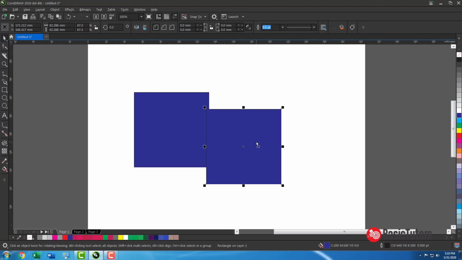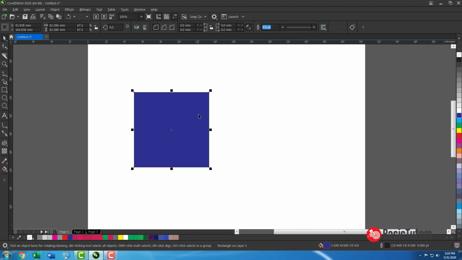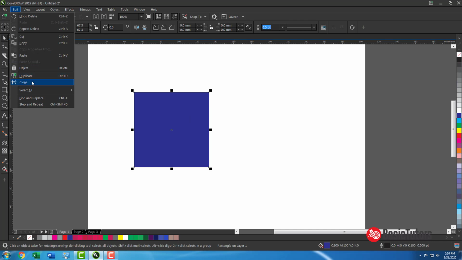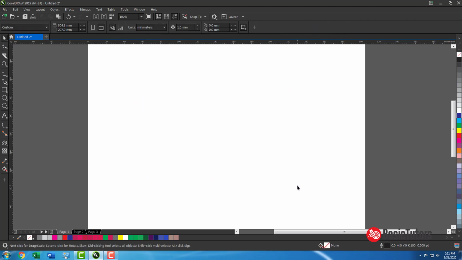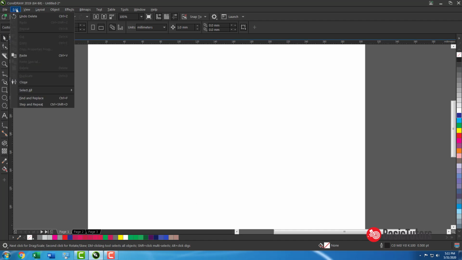If you clone an object, for example selecting an object and making a clone of it, the result will be the child. The original object will be the parent. Okay, if you make changes on the parent, the child automatically reflects the same. Okay, this is the use of clone. You may use it in your own way. Okay, you understand what clone is.